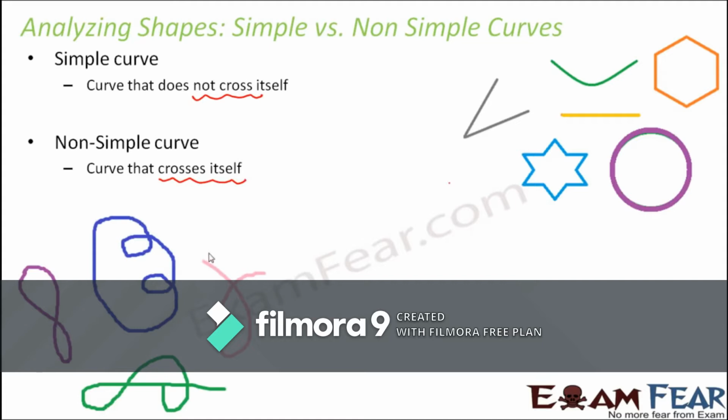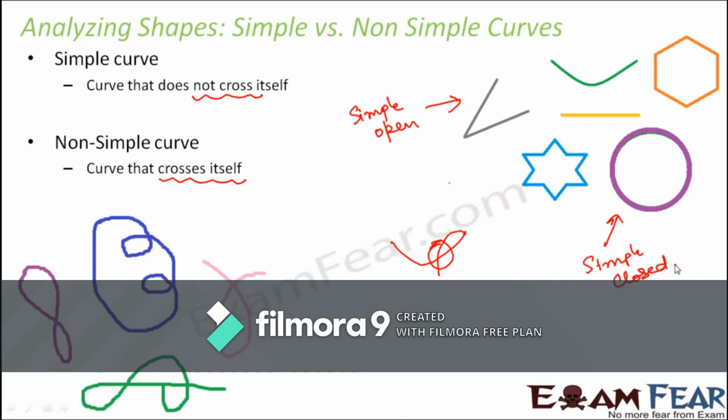So here you see the same curve, which was like, if this is a curve, then this is a simple curve. But the moment this curve crosses itself like this, it becomes a non-simple curve, because at this point the curve crosses itself. Now the same type of crossing happens in each of these images, and therefore these are non-simple curves. So that's how we can say that we can have simple open curve and we can also have simple closed curve.